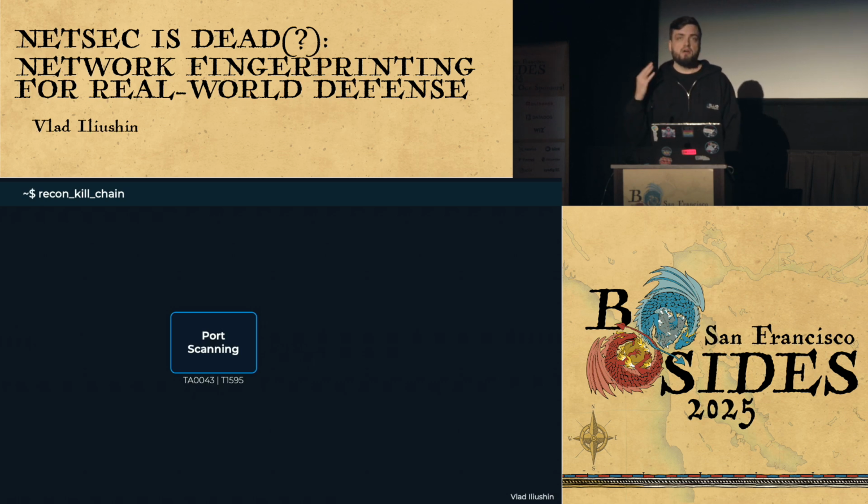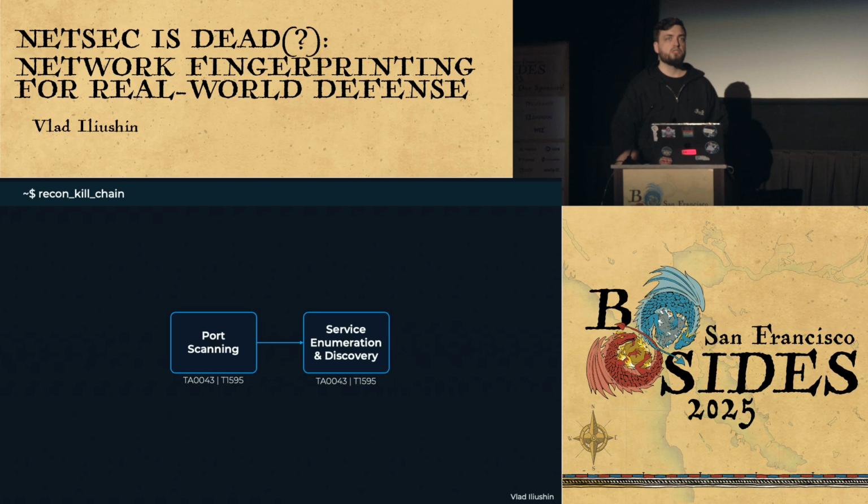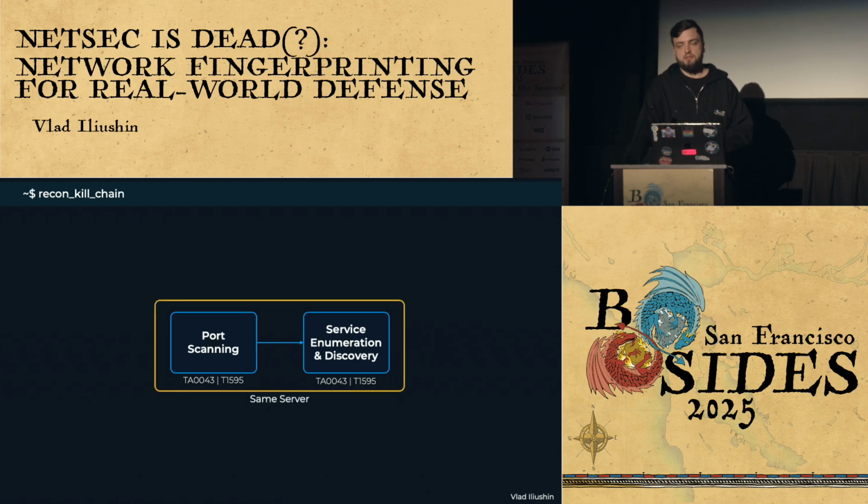The first stage is usually port scanning, because you need to find what is actually open. And then you have service enumeration and discovery. You want to figure out what is running on those open ports. And you can do it in many different ways. You can use the same server, same IP address.